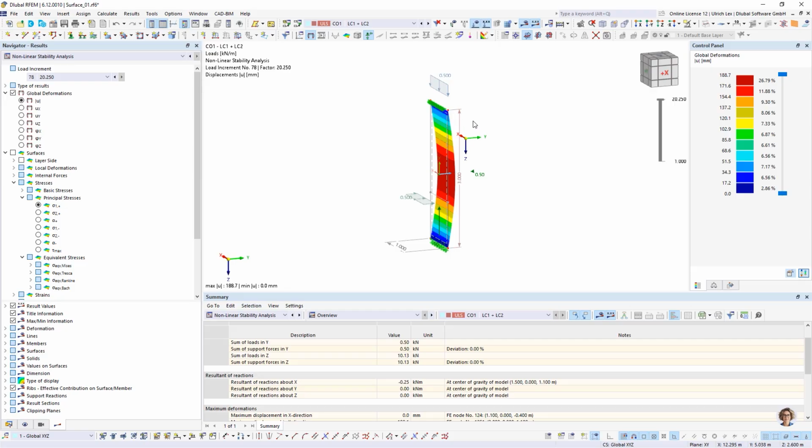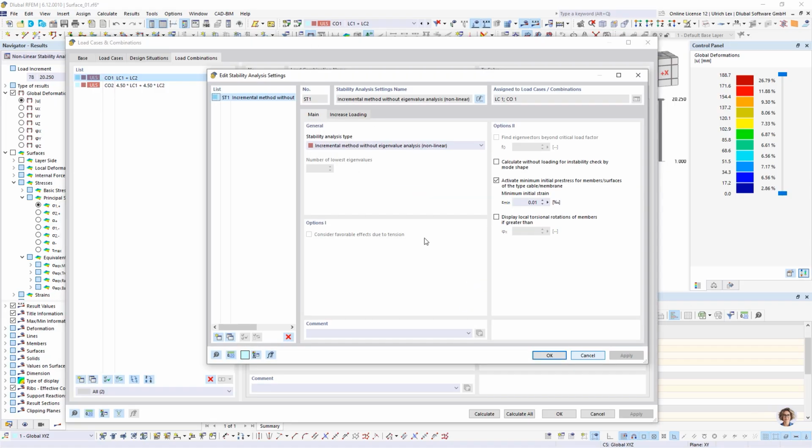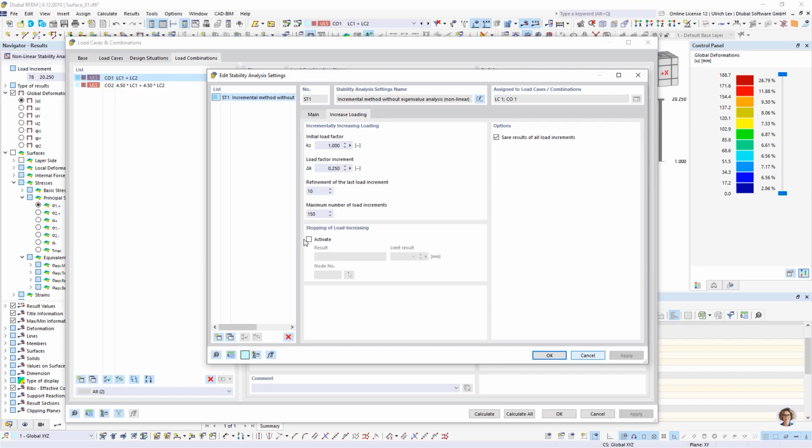So we have here a length of maybe 3 meters. When I say, okay, 3000 divided by 100, it's about 30 millimeters where I can allow the deformations. And this setting we can do in the same way here for increasing loads. We can activate the stopping of load increasing. We can use here the deformation in the different directions, and we can define a value. Maybe I define here 30 millimeters and can say, okay,